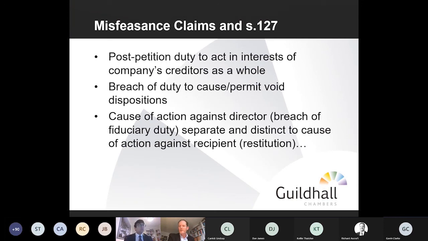And equally, I think Simon's going to come on and explain one of the critical things that you really need to be wary of is if you are doing things in a particular order, giving careful consideration to how you settle the claims, particularly against the directors. And that was something that came up again in the Officeserve case, where the judge was very keen to see the terms of the settlement agreement as against the directors for breach of duty, to make sure that there was no double recovery.